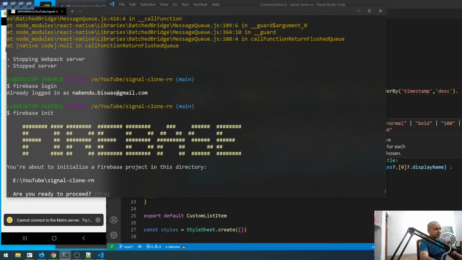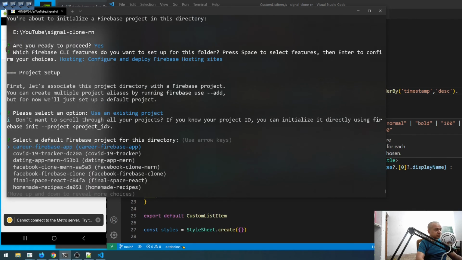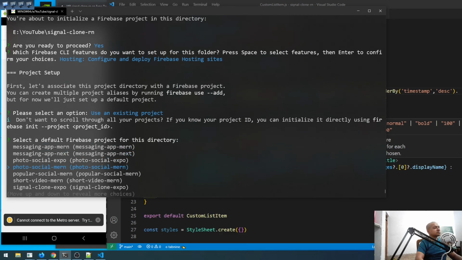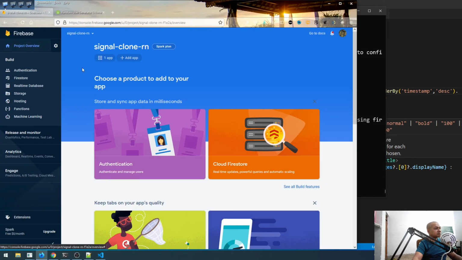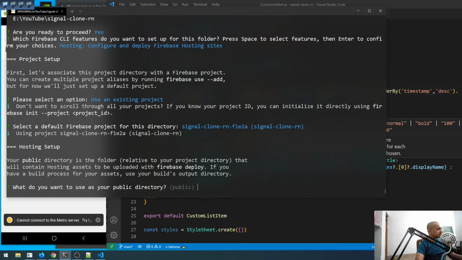And then yes, I only want the hosting, so I will come down, and I think I have not done it for a long time. I think space I have to do, and then enter I have to do, use existing project. So I have a lot of projects, so it is known as signal clone rn. Yeah, signal clone rn, whatever the name is. Let me confirm once again. Signal clone rn and something. Yeah, it is that only. I'll do this, and then